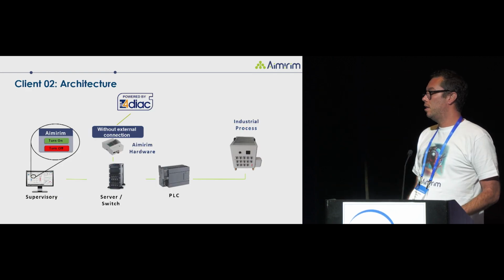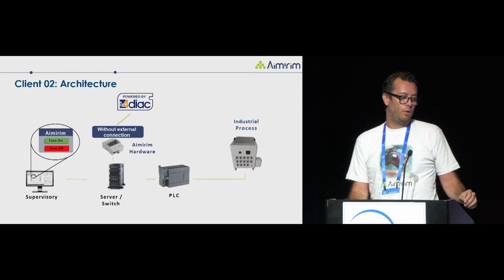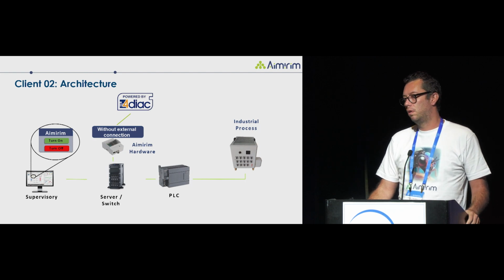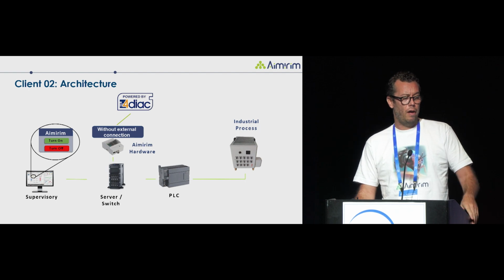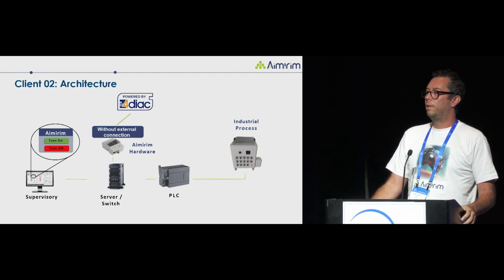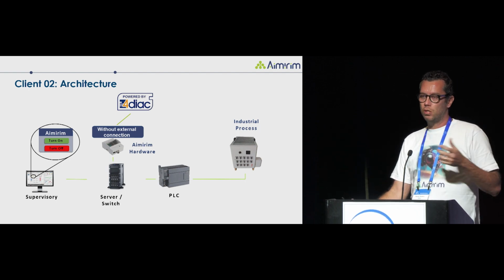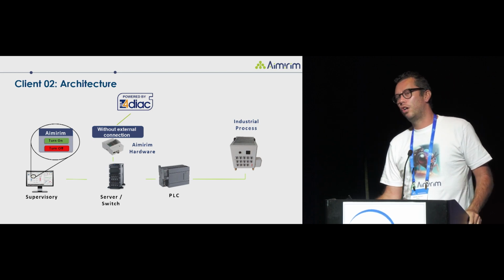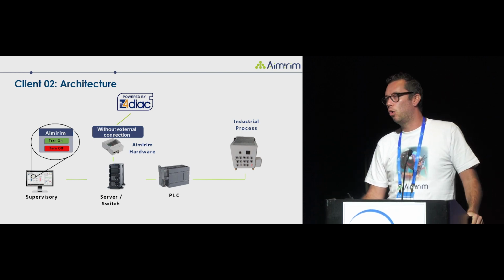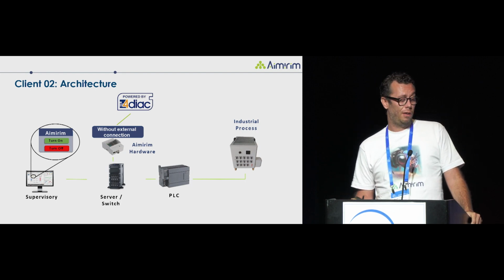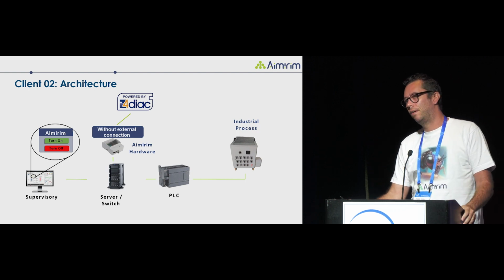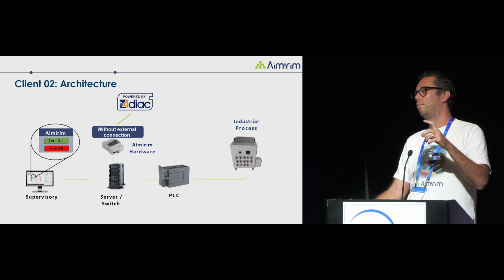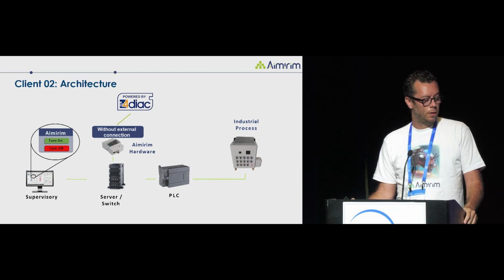So the second case is the biggest manufacturer of tobacco in the world. They have a facility in our city, in Uberlândia, in Brazil. So the architecture is the same, but the first process we're going to deal with them was the drying section of tobacco, and they used gas as fuel. So we became a little bit aware about that because it's a bit more dangerous to deal with gas.